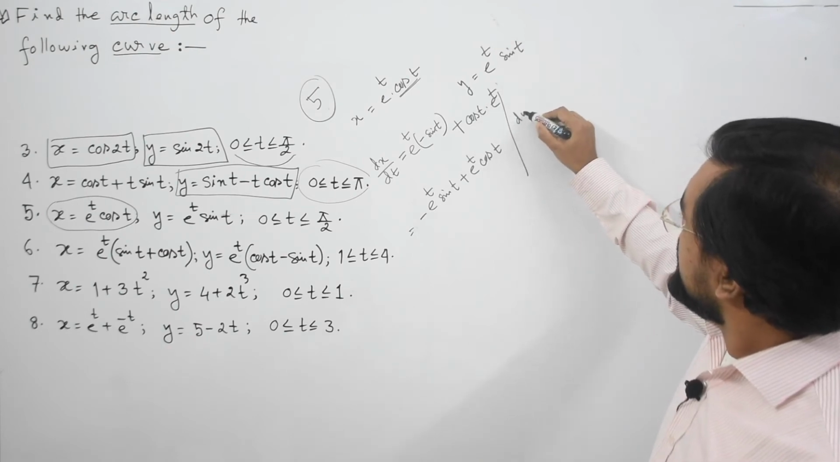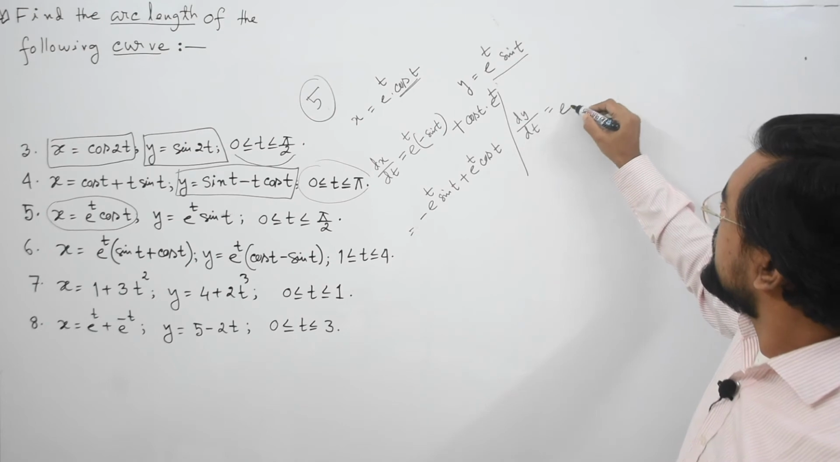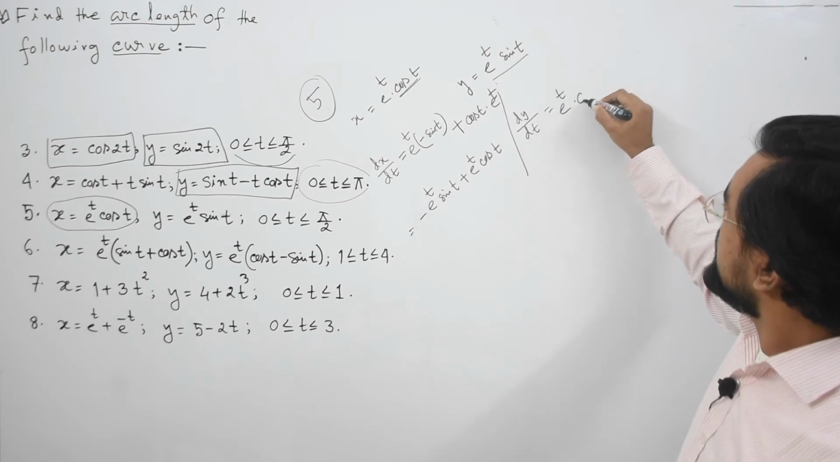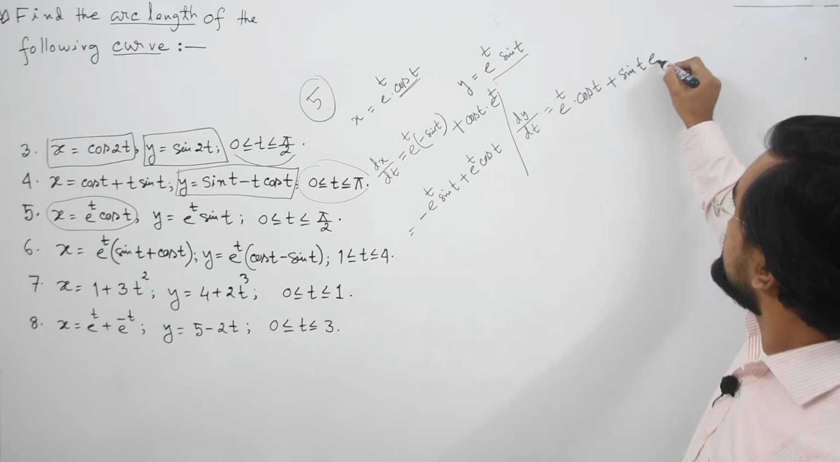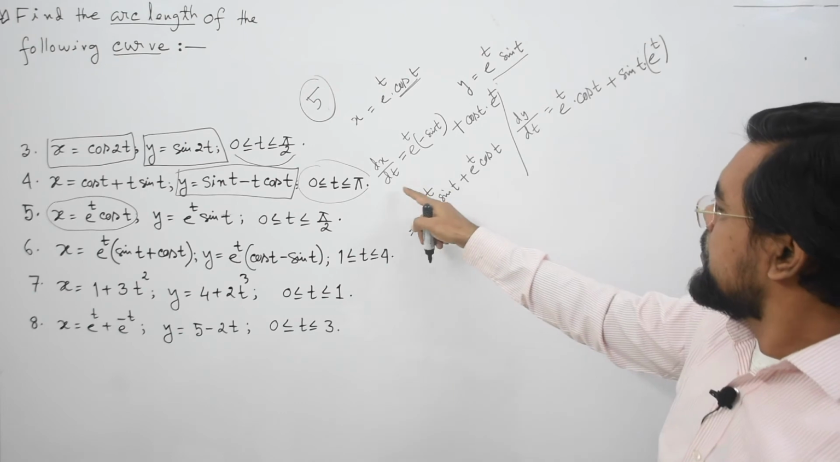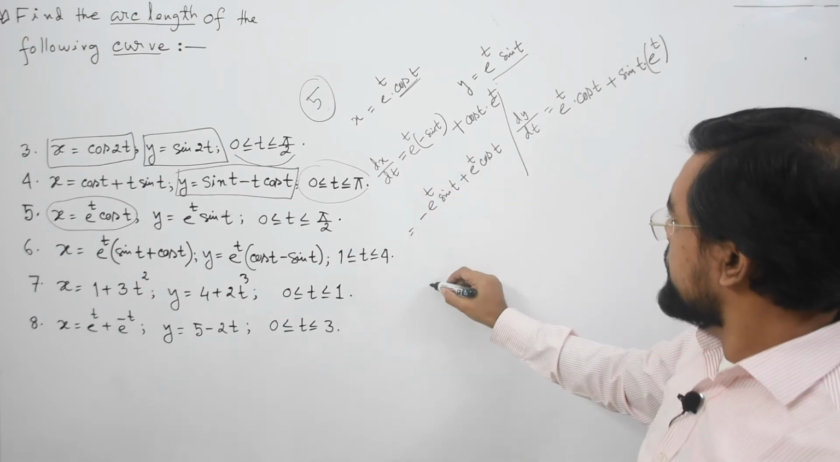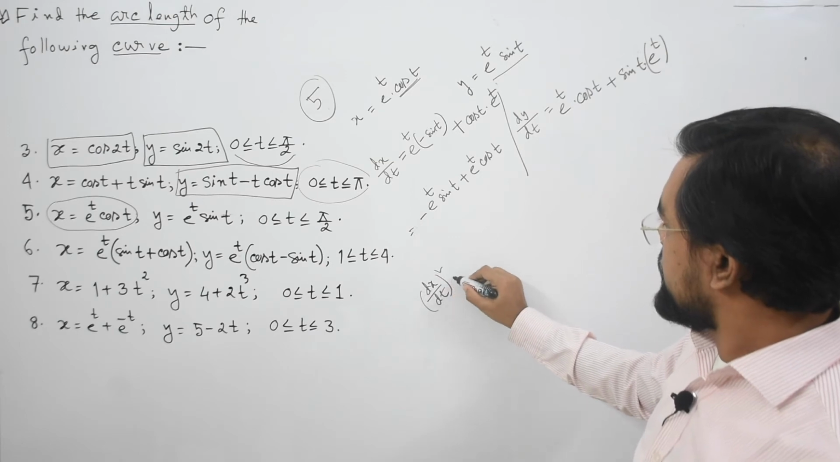And again dy/dt, we need to use the product rule. So e to the power t cosine t plus sine t e to the power t. Now we need their square terms. Let me do it here. (dx/dt) whole square equals